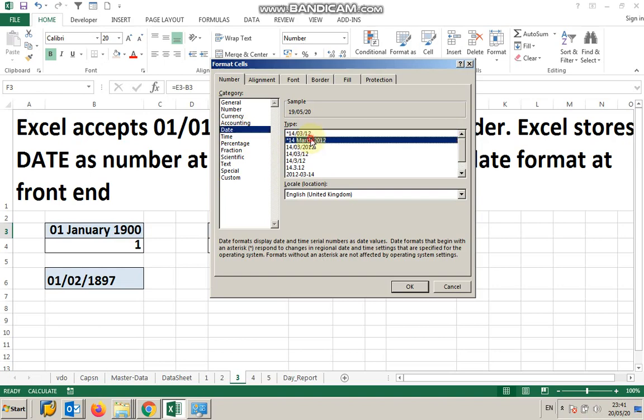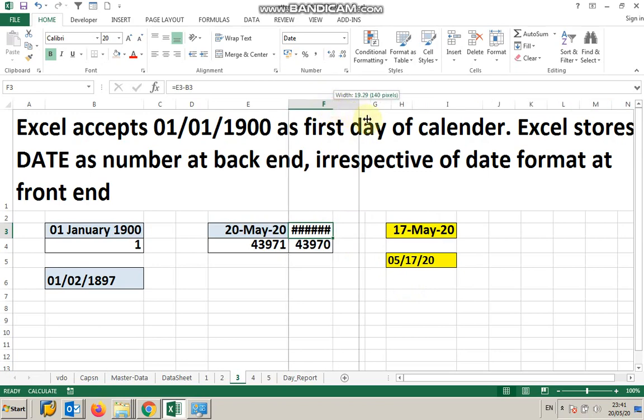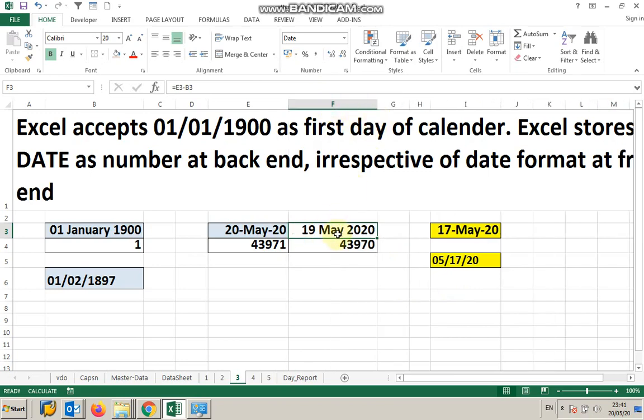Even if, after writing your date format correctly, you change your computer date format now, then you close and open the Excel file, this will be automatically changed to the new format, because Excel already registered it as a date. So there will be no harm if you change your date format from today to tomorrow or whatever it may be. Once it is registered as a date, Excel will automatically arrange it as a date. There is no problem. But at first you must write as a date only.